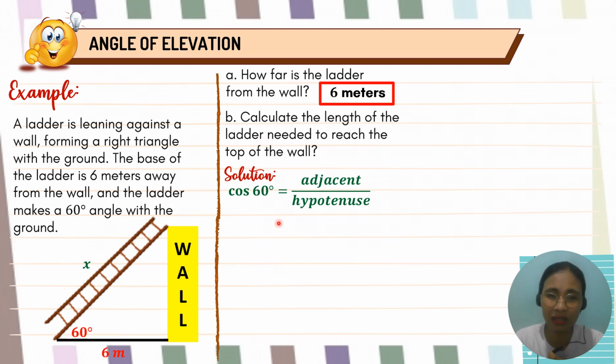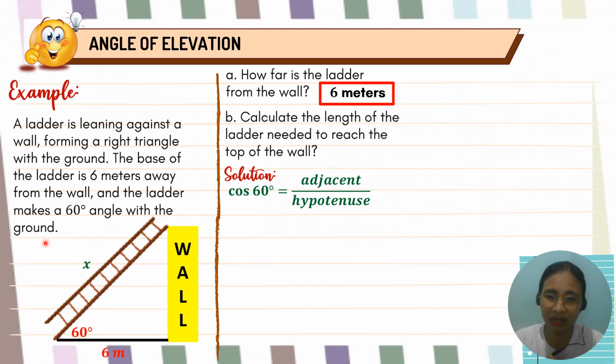Now, why did I use cosine 60? Take note, from the given illustration, the length of the adjacent side to 60 degrees is provided and the unknown is the hypotenuse. And if we are going to remember the 6 trigonometric ratios, it's the cosine and the secant that involves the adjacent side and the hypotenuse. So we are just going to have the common, meaning those three main trigonometric ratios, sine, cosine, and tangent. So I try to make use of cosine. Cosine is adjacent over the hypotenuse.